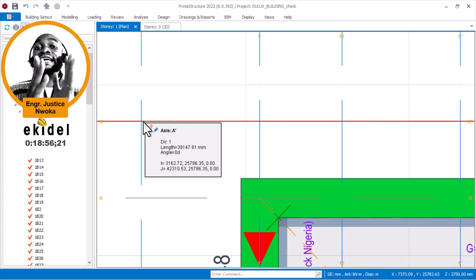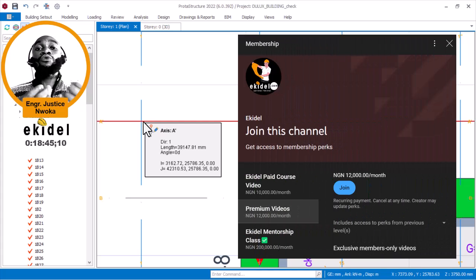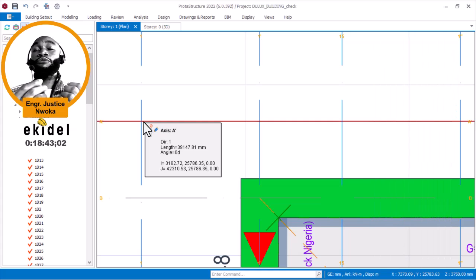reinforcement on that place. That's because all the BM diagram is going downward. So what it now requires is bars, reinforcement, on the place where the diagram is going downward. It only requires the bottom reinforcement that will be sufficient to withstand the effect of that moment. And all that. So it does not require